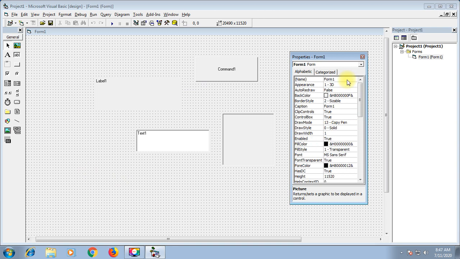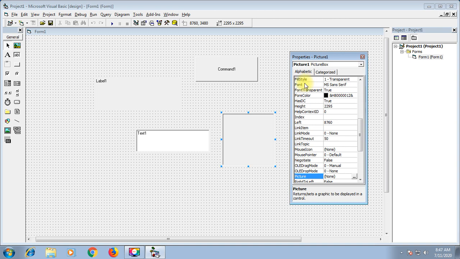So girls, right now we have one form. In that form we have 4 controls, and each control will have one name. You can also select them from here. Look, form 1, label 1, picture 1, text 1, command 1. 5 controls are there. You can select any control, and its own name will appear.